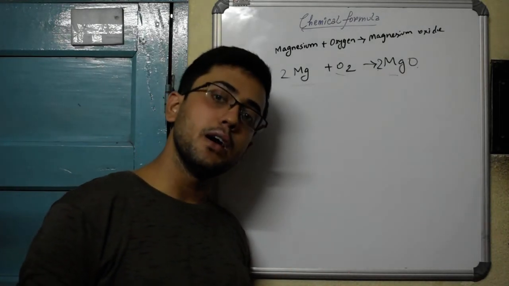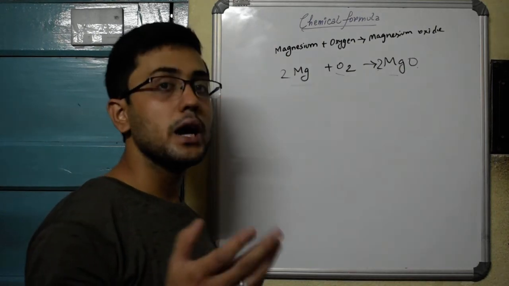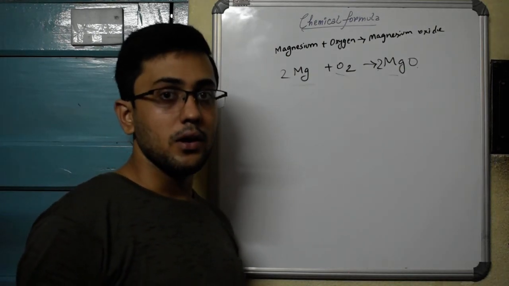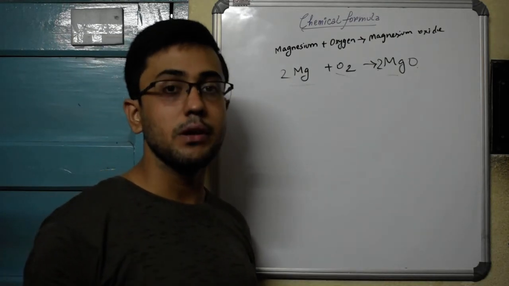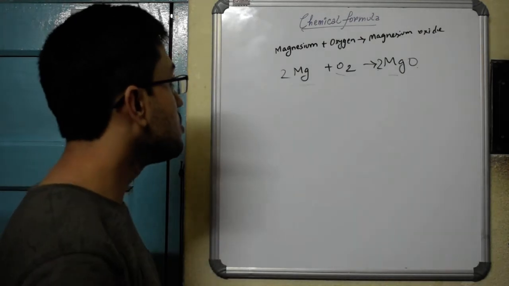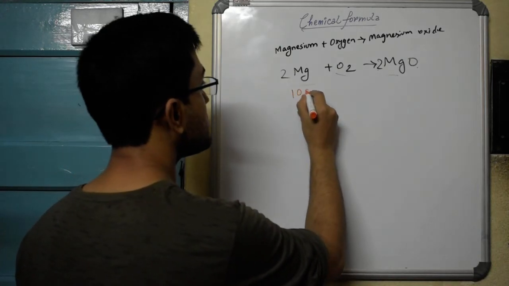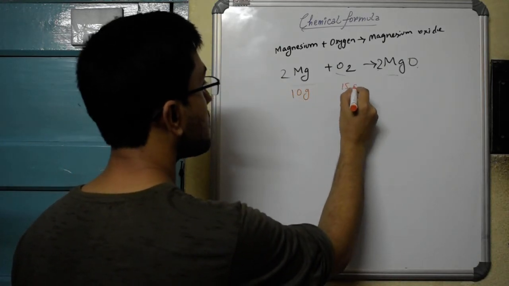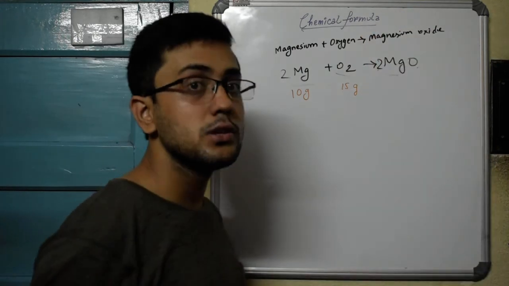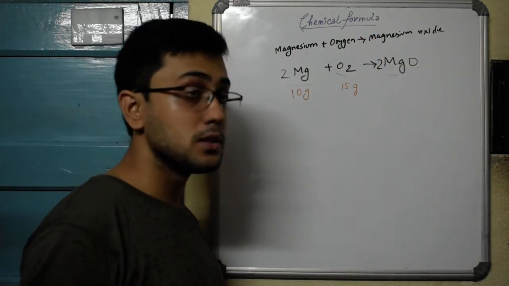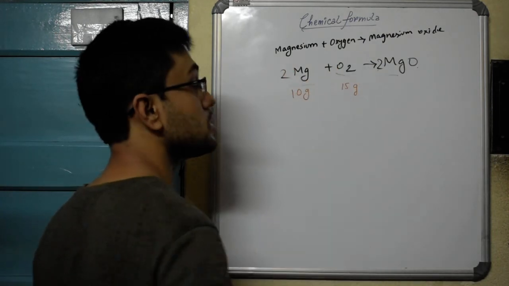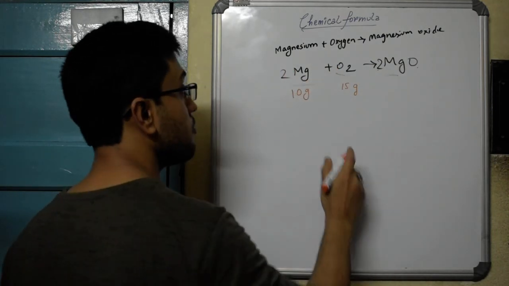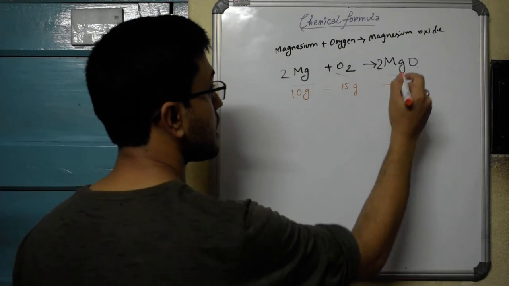The second area where it will benefit you is if you are trying to calculate the mass involved in the reactions. Knowing the complete balanced reaction is very important. Suppose it is given to you that 10 grams of magnesium combines with 15 grams of oxygen. How many grams of magnesium oxide is produced in the process? In those parts, you need to know these exact ratios, and the equation needs to be balanced in order to find out the mass of the product accurately.